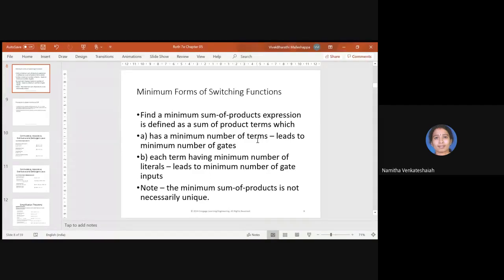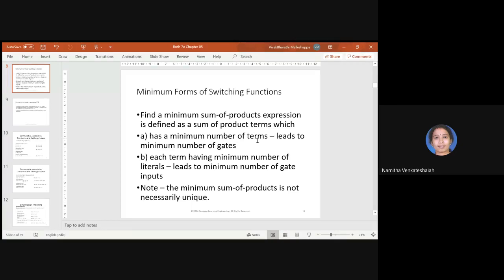That means we are saving money, we are saving time, all those things are happening. That's why any digital circuits, you know that now washing machine is digital, computer is digital, TV is digital, everything is digital. So when you are developing some digital system, we will go for minimization of that particular circuit. So how can you do minimization?